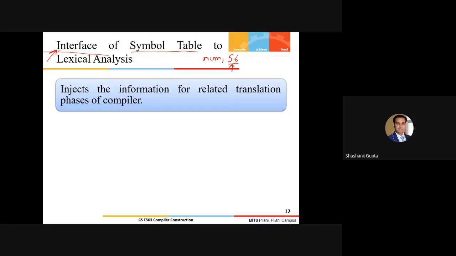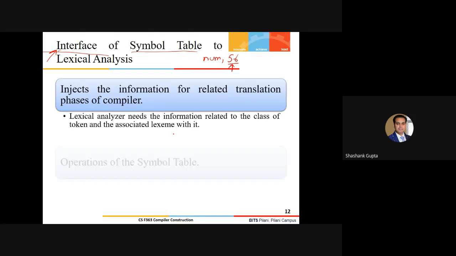I'm not bothered about this. So the lexical analyzer, with respect to this symbol table, needs the information related to the class of the token and the associated lexeme with it. That's it, as I said, the token and the corresponding attribute here.